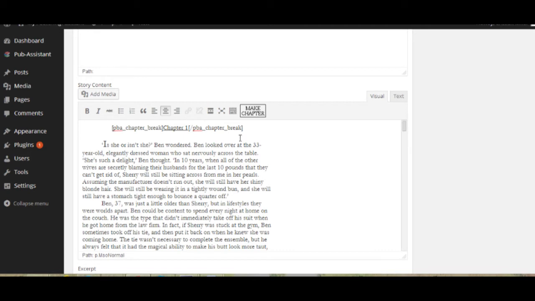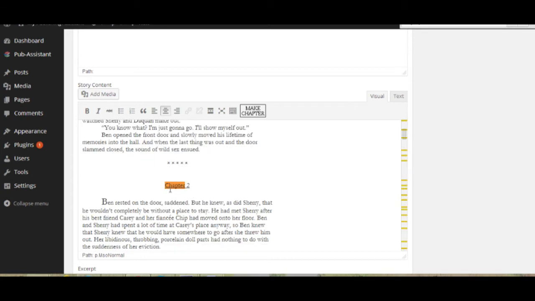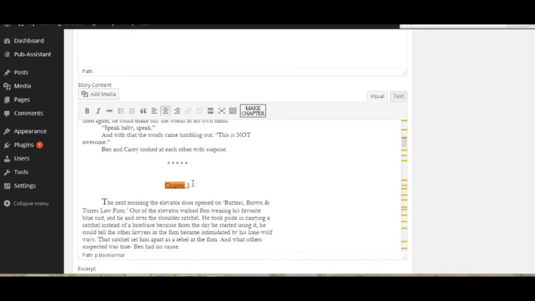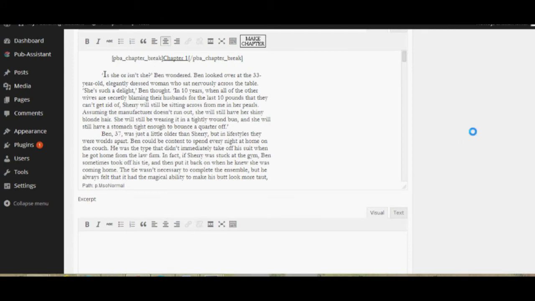And the fast way to do this is to do a find for, in my case, the word chapter, and it'll go and find each of them. For Windows, that is Control F, and just type in chapter there, and you can hit return, and it'll find the next occurrence of the word chapter, chapter 2. So I'll go ahead and highlight that, hit Make Chapter, highlight, Make Chapter, and then I'll just go through the rest of them really quickly and get back to you when I'm done. So now that we have marked all of our chapters, we move on to the next section,